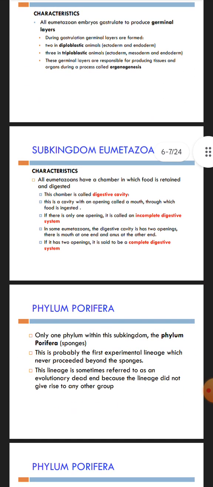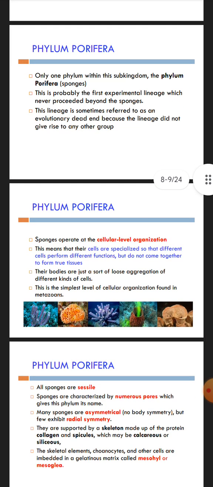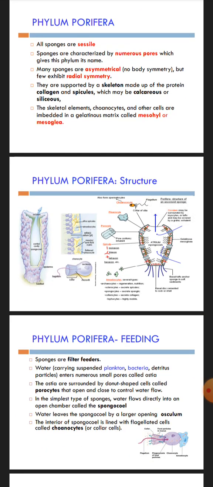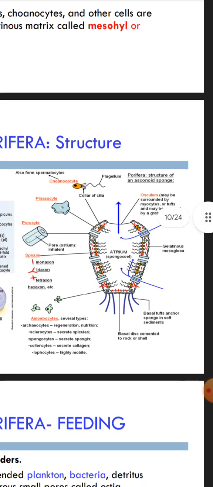Eumetazoa. So phylum Porifera, I have a video online on phylum Porifera. I will not do it actually. But because phylum Porifera, the sponges, is under what you call subkingdom Parazoa, I want you to see this diagram which I've enlarged here, the structure of a sponge. You can see that this is a sponge, this is a Parazoa. We say that it is a loose aggregation of cells. You can see the choanocytes there. This one is the spermatozoa. So we have the porocyte there, we have the pinacocyte.